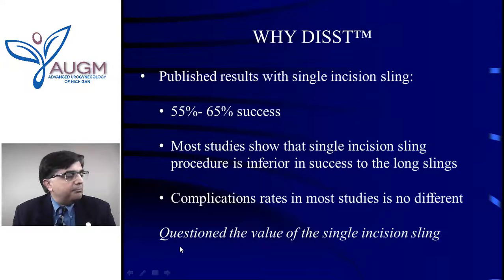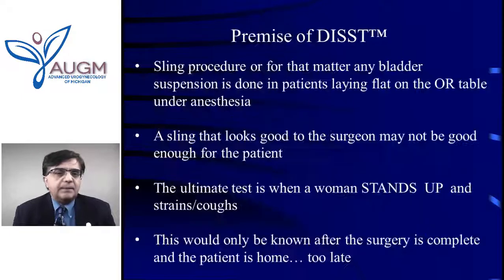So many societies across the world have questioned the value of the single incision sling, saying, is it something that we should ever do for management of urinary leakage? The premise of our technique, the DISST technique, is that the sling procedure, or for that matter any bladder suspension,